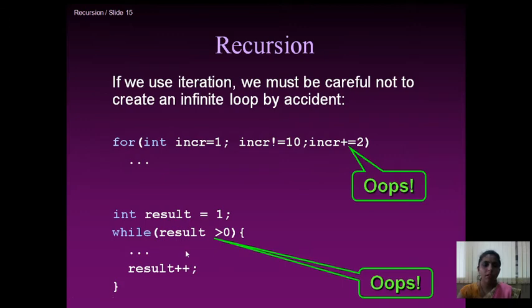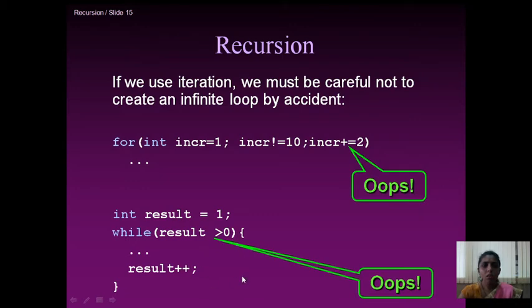Here we have another example of the same iteration. You can see the result here. We have taken a variable called result, and we have initialized it to 1. Then in a while loop, we are testing the condition. Is 1 greater than 0? So the condition is true. True means it will enter inside the loop body, and we execute the set of statements. Again the result variable is incremented, so the new value of result is 2. 2 is greater than 0.